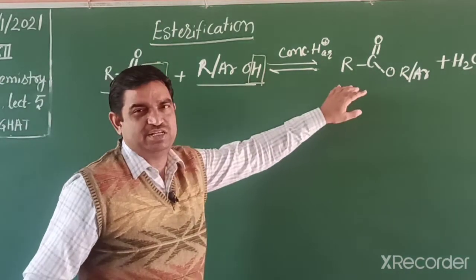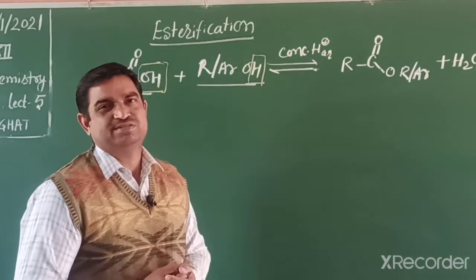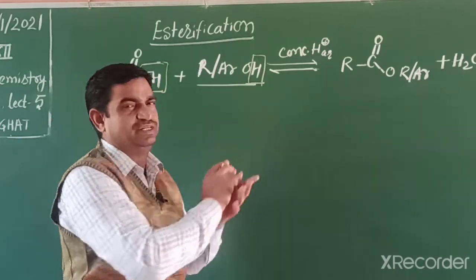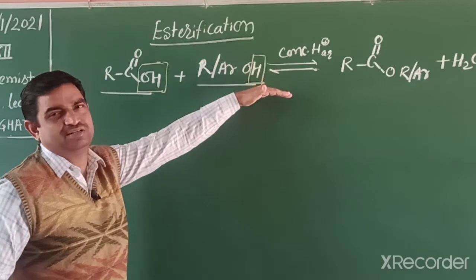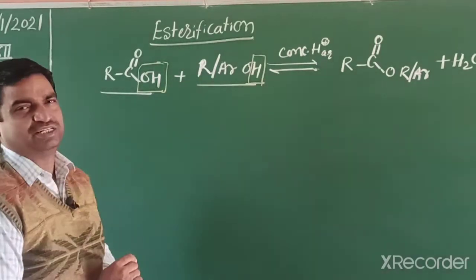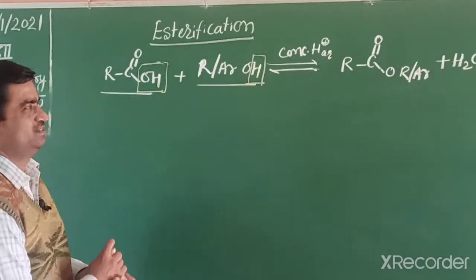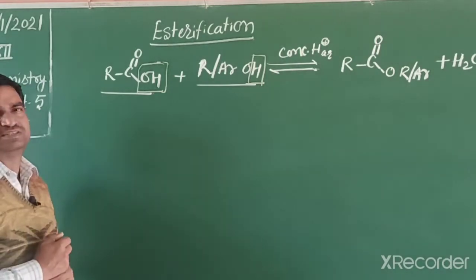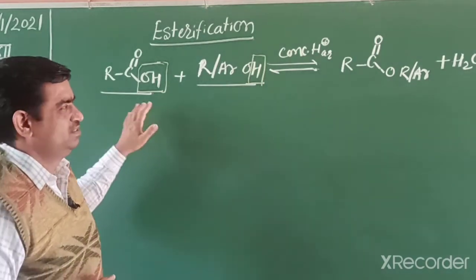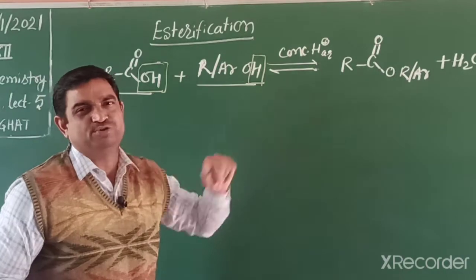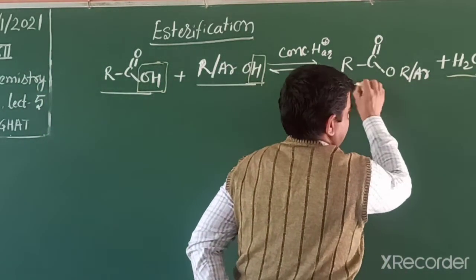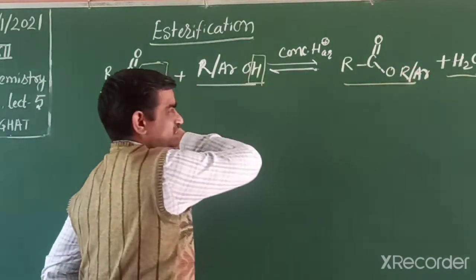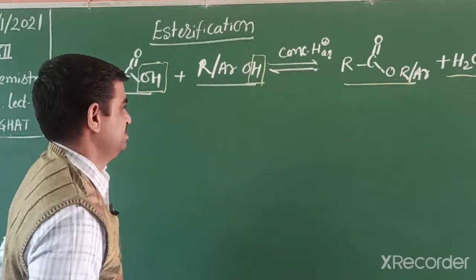After formation of water, we have to remove this water from time to time to shift the reaction towards the product side, because this reaction follows Le Chatelier's principle from 11th class. If we change any factor that affects equilibrium, then the equilibrium shifts in the opposite direction. If we remove a product, either ester or water, then the reaction shifts towards the product side.